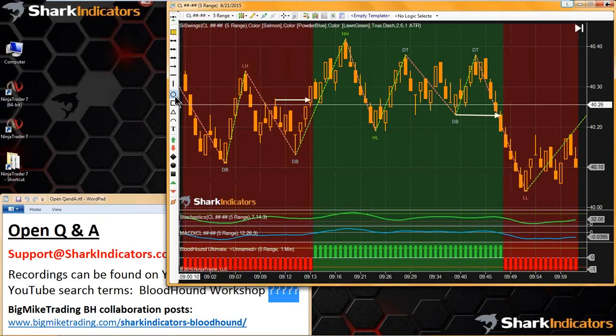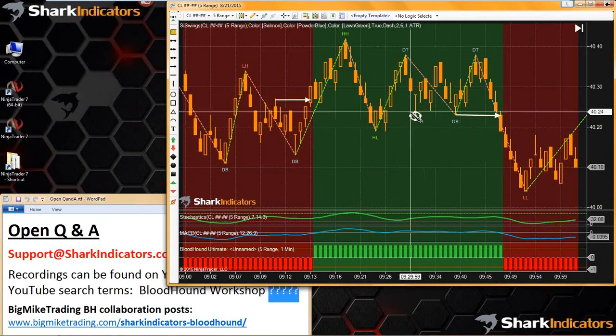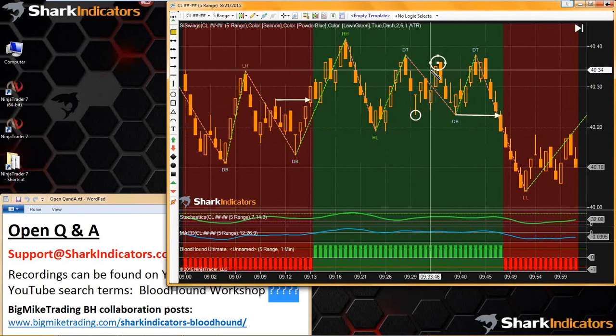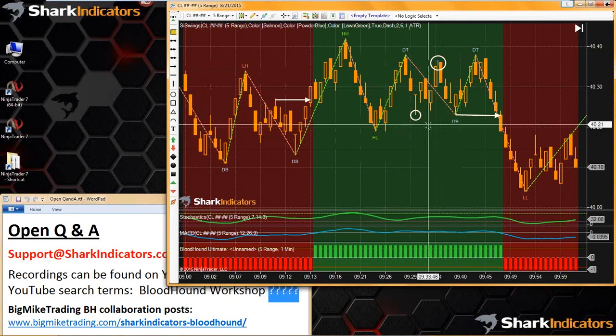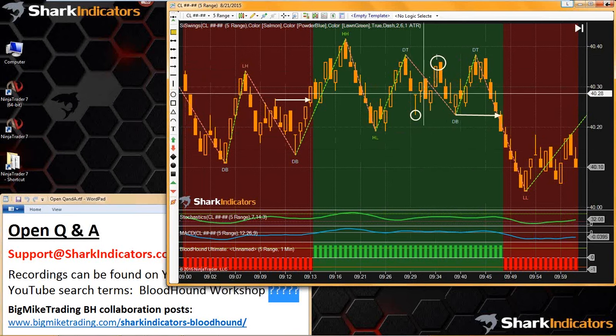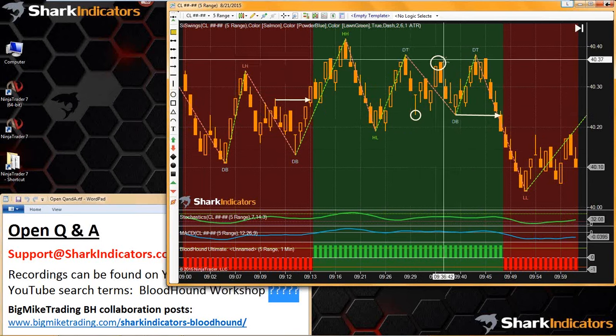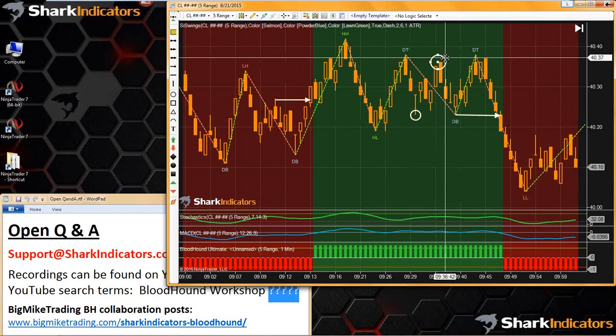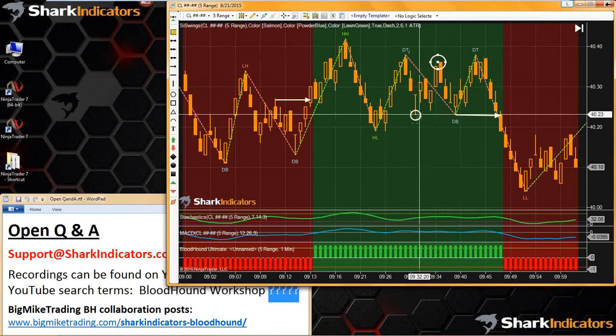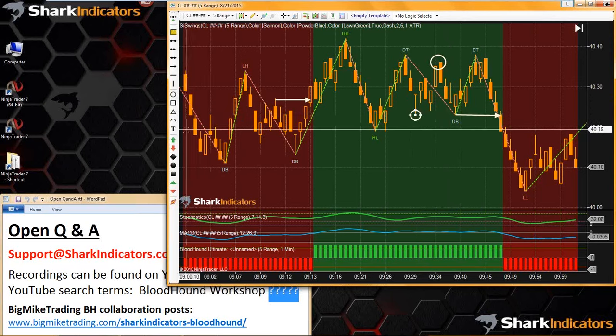So we can see that point and that point used to be identified as swing points, right? This used to be a low and this was a high, but now it's being ignored. So that's what the swing sensitivity does, is it'll just look at the bigger swing points and ignore these smaller